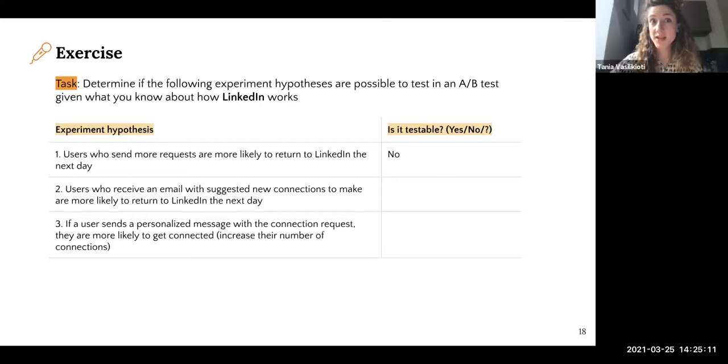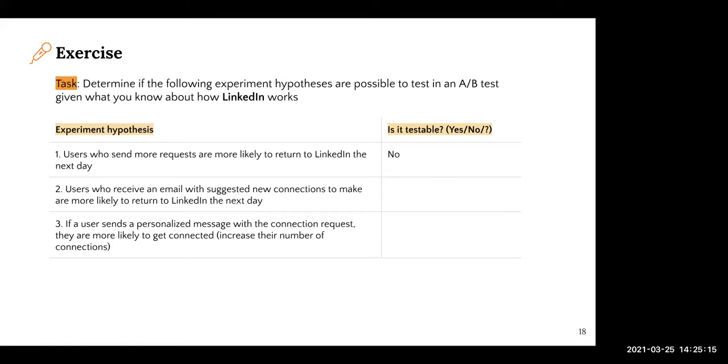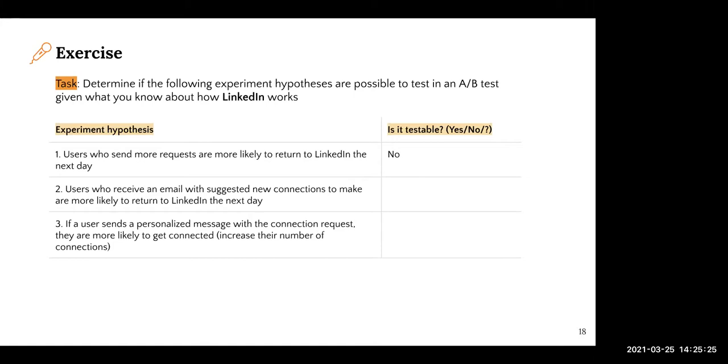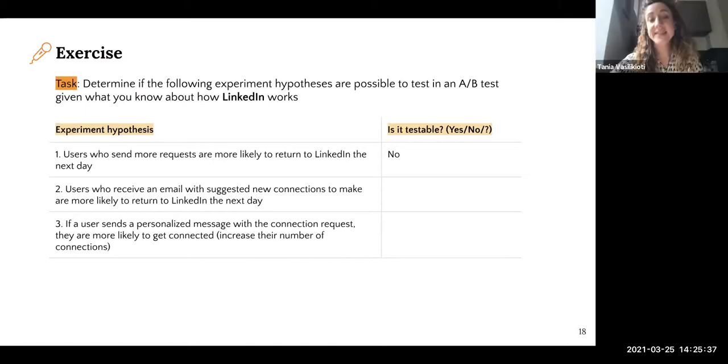Yeah, what you're saying, I'm not 100% sure how that will prevent you from testing that. No, so what you said makes for an excellent hypothesis for an A/B test. Your point is just that you shouldn't skip that step, right? The hypothesis is that people who receive prompts to send out requests and do that are more likely to return the next day. Exactly. Now we can see whether